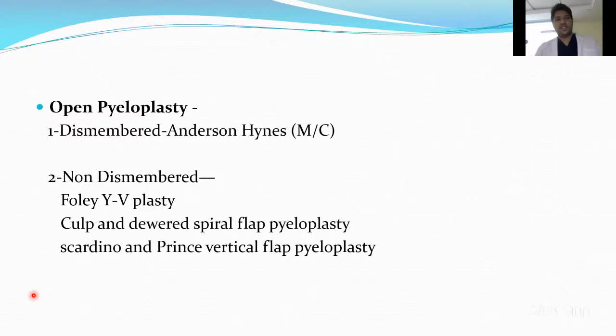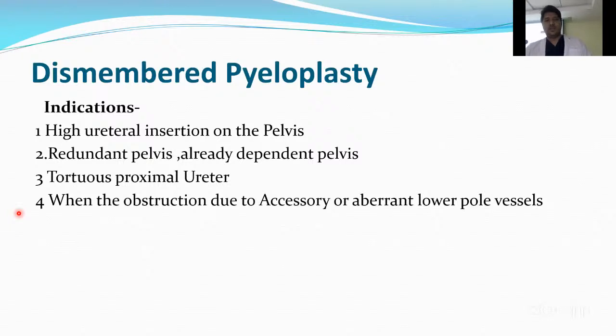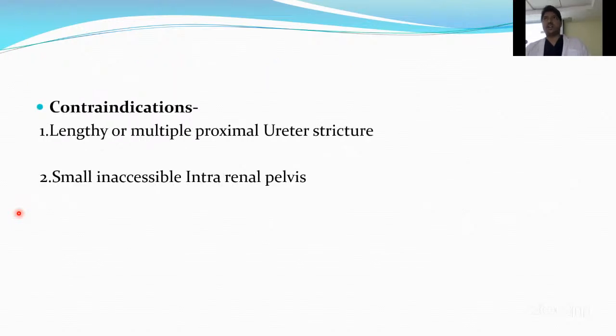Open pyeloplasty is either dismembered or non-dismembered type. Dismembered pyeloplasty, Anderson-Hynes, is the most commonly performed pyeloplasty. Non-dismembered types are Foley Y-V plasty, spiral pyeloplasty, or vertical pyeloplasty. Dismembered pyeloplasty is done in conditions like high ureteral insertion, redundant pelvis, tortuous proximal ureter, or obstruction due to aberrant or accessory lower pole vessels, except in conditions like lengthy or multiple proximal ureteral strictures and